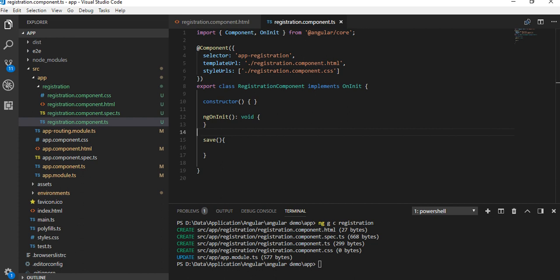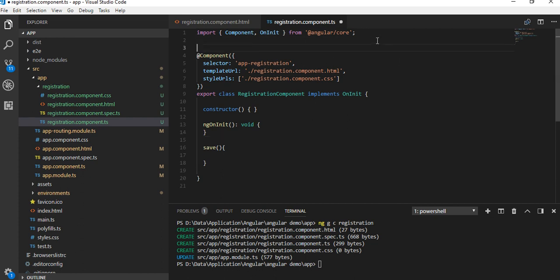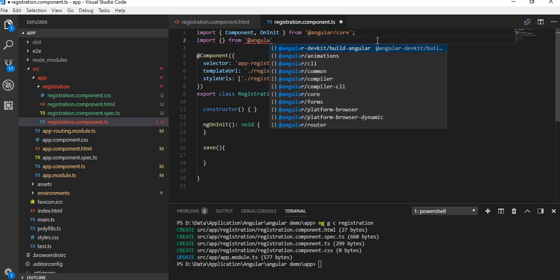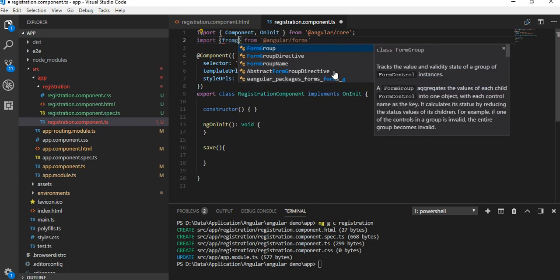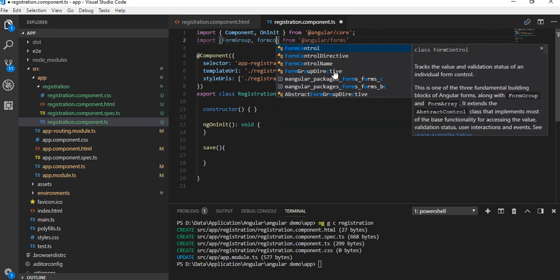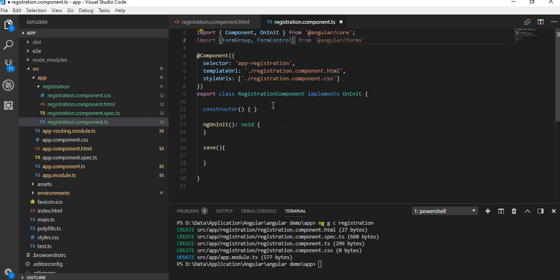Now for adding the reactive form, we need to import Angular forms, @angular/forms, and here we'll define FormGroup and FormControl. Then we need to make some changes in the HTML.